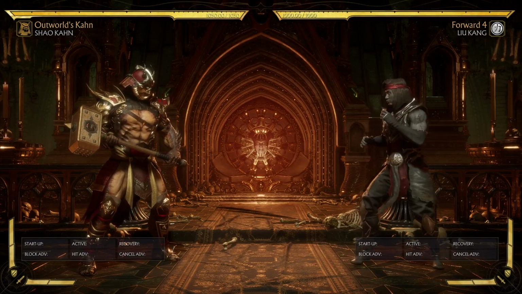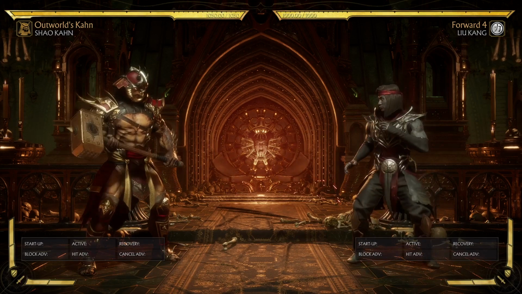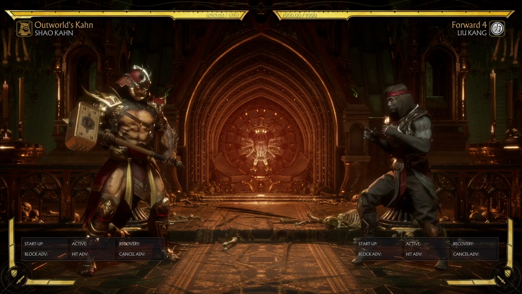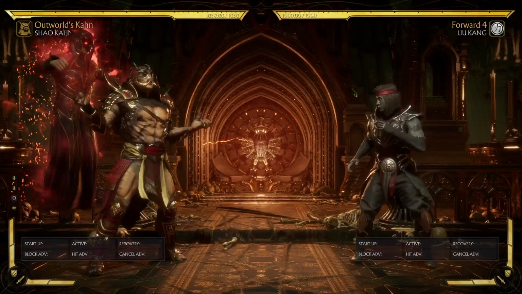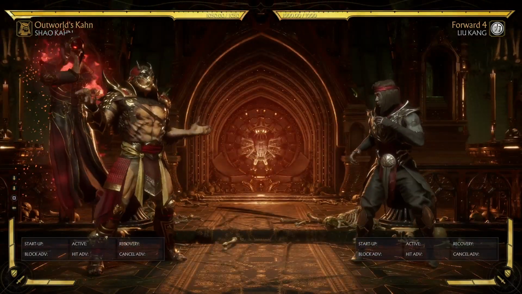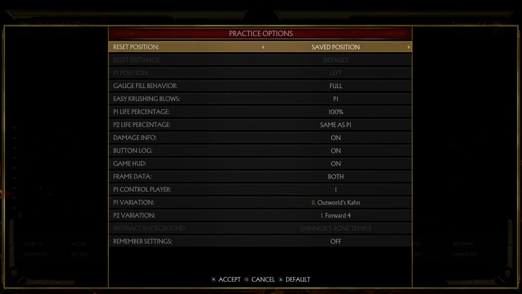Now, one of my favorite buffs, if not my favorite buff on this list. Dark Priest recovers 17 frames faster. Just look at this. I can move as soon as the hammer is buffed. There's no waiting anymore. So for example, if I trade a fireball with Liu Kang